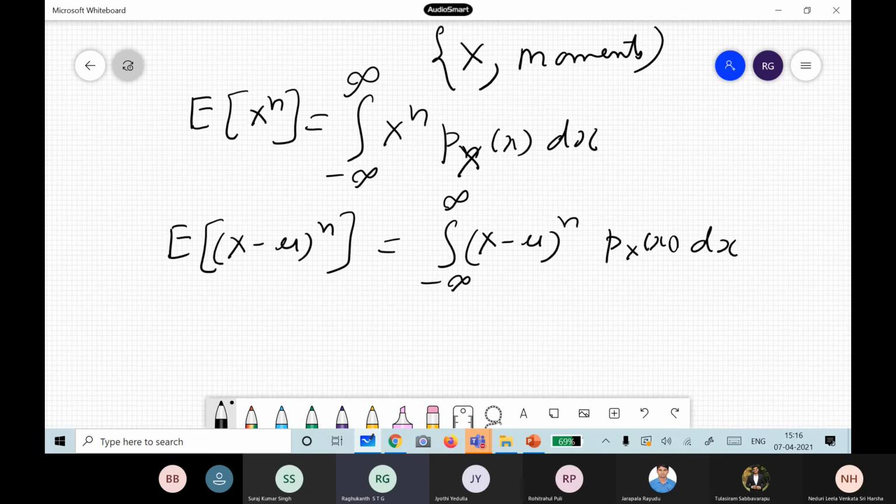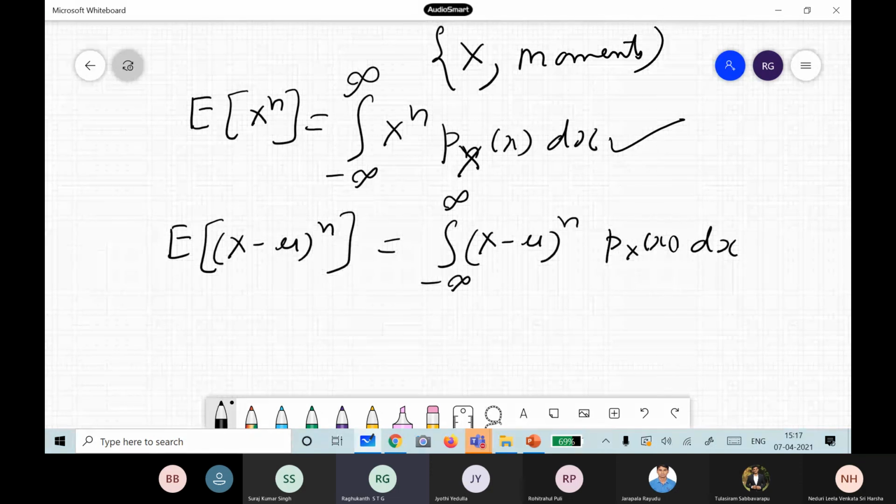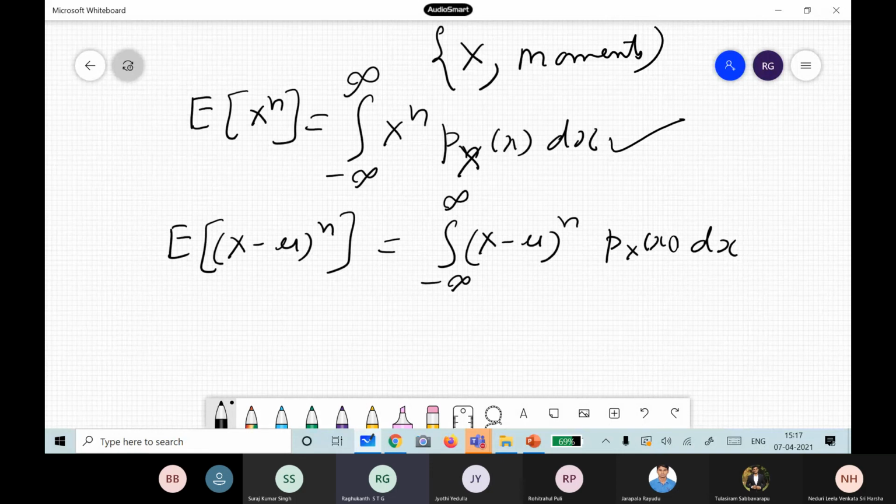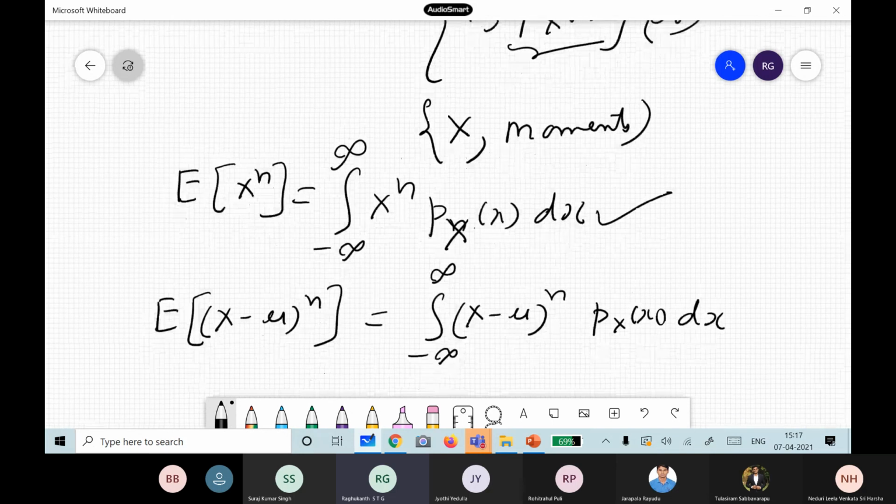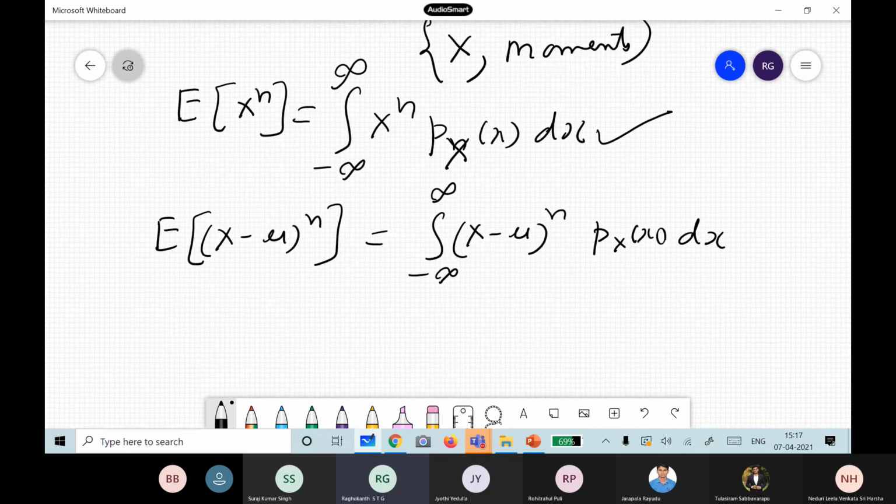Now what is the first moment here? x into p_X(x). The first moment is the mean value. Then standard deviation, skewness, kurtosis, the third moment, fourth moment, like that we use. For central moments, the first central moment will be 0, and the second central moment is related to the variance. People use it in practice this way or that way. It is the same thing, only we are describing by distribution, density, or moments.